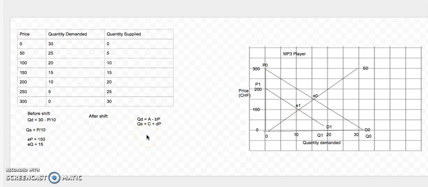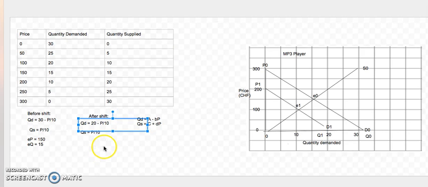What I have to find now, though, is A again. To do that, I can just find one of the points in the graph, such as when the price is 200 and the quantity demanded is 0. So I just substitute and then I solve for A. What I found is A was 20. So this is what I got for my